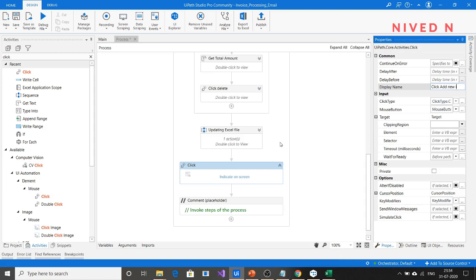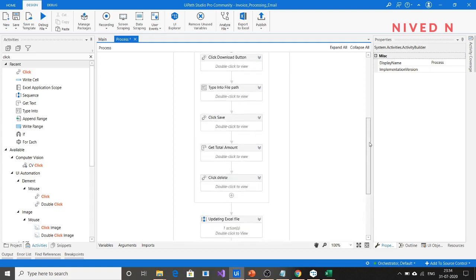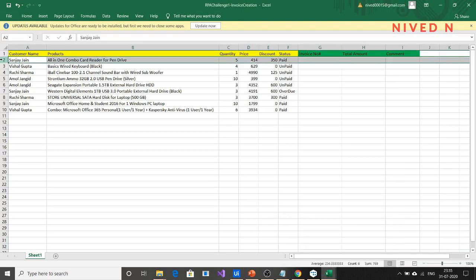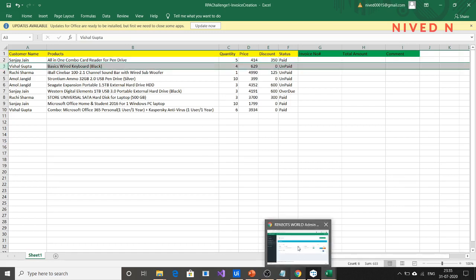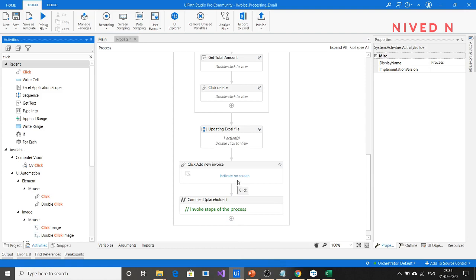add new invoice. Okay, so I hope you understand why you are using this option here. That is, after doing all this process, we are actually going to the next transaction because the process section has been completed. So now we are moving on to the next transaction item after doing all the steps in the process section. Moving to the next transaction means we want to create another invoice for that customer. For that we want to move to the page where the invoice has to be created. For that we want to click on add invoice at the